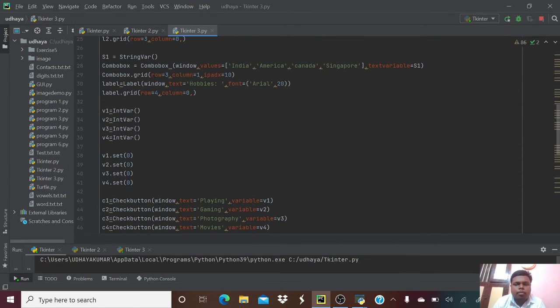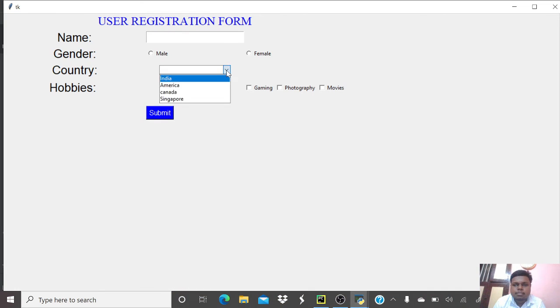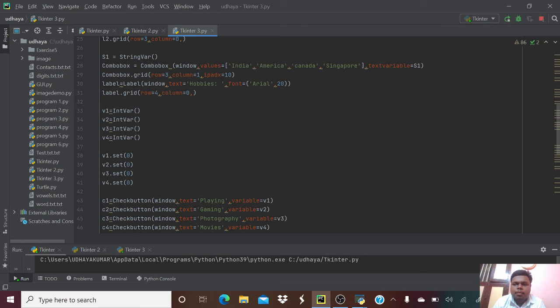and we are using a combo box because we are choosing a country like this: India, America, Canada, Singapore. Like this, we have to choose, so we are using India, America, Canada, and Singapore as the values, and text variable equal to s1. For that, we are using a grid function to set the combo box in the correct position in the tkinter,